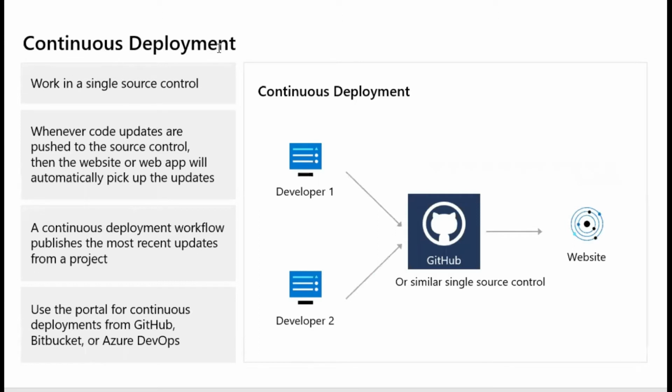Now, continuous deployment works with a single source control. So whatever code updates are pushed to the source control, the website or web app will automatically pick up the updates. A continuous deployment workload publishes the most recent updates from a project. Use the portal for continuous deployments from GitHub, Bitbucket, or Azure DevOps. So that means